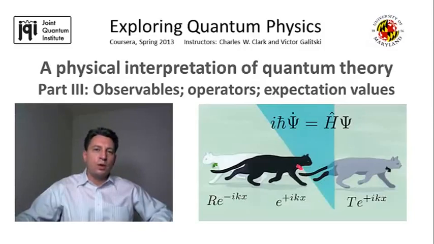In the previous video, we went over a rather technical mathematical derivation of the continuity equation, and this derivation involved, in a rather essential way, manipulations with various operators. The appearance of operators is actually not specific to the particular problem of the continuity equation, but they appear throughout quantum mechanics and play a very important role generally in the mathematical formalism of quantum physics. In this short video, I would like to make a few general comments about operators and relate them to quantum